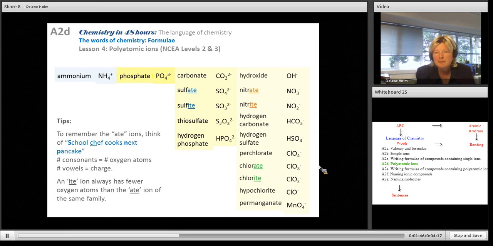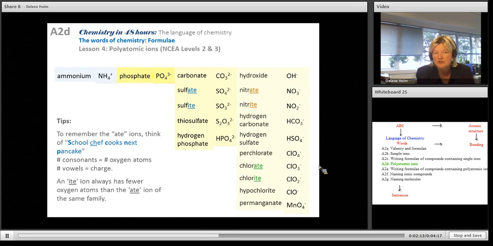One way of remembering all the 8 ions is to think of "school chef cook's next pancake", where the number of consonants in each word gives the number of oxygen atoms and the number of vowels gives the charge. So for instance, school starts with an S, so that's sulfate. For sulfur, there are 4 consonants, so it's 4 oxygen atoms, and 2 vowels in school, so the charge